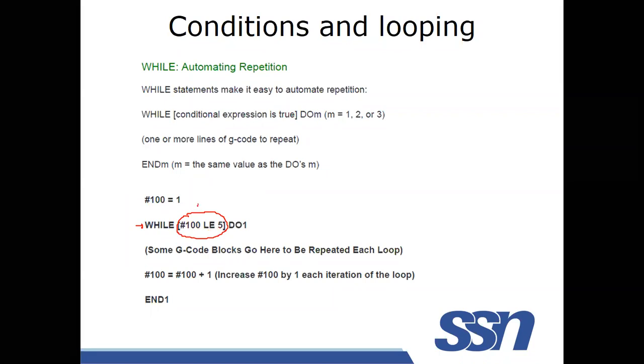This condition is true. Now, the initial iteration, it will be 1, it is true. Then what happened? Whatever is written here will be executed. Okay, at the end, it is a counter, it will be incremented. So for loop, for I is equal to 1 to n, do this. While within the loop, you will be incrementing the variable I is equal to I plus 1, right? The same expression you can use: hash 100 is equal to hash 100 plus 1. Means now, after execution of this, memory location 100 will have value 2.